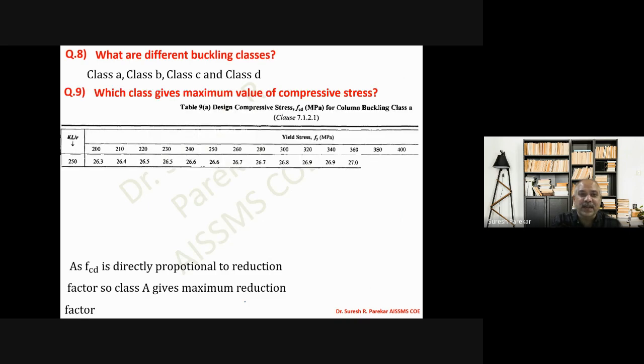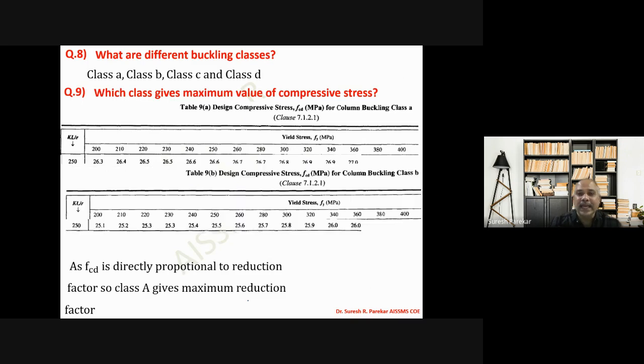This is most important. Again, you can go to table 9A, 9B, and you can see for the upper values, that is 10, 20, these values are very close. And for 10, 20, the values for the ABCD classes are equal also. If we go to the last, we have 250, 200, 26.3, and this is 20.25.1, which means we have 1.2. There is very little difference between A, B, C, D. But you can see this value is decreasing towards D, and therefore the maximum value we have is for class A as FCD.